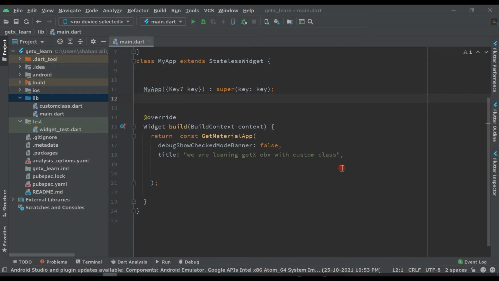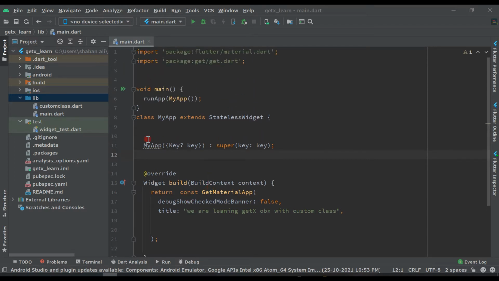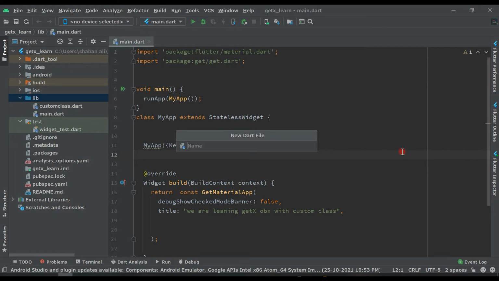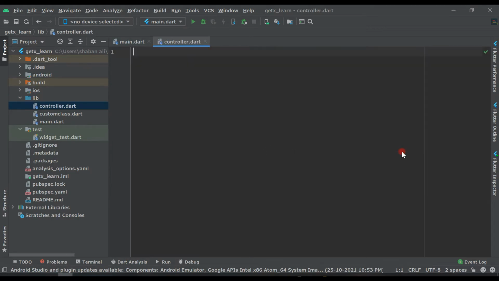So now in this video we are going to learn how we can use state manager with controller in GetX application. We will see how we can use GetX controller in state management. So for that we need one more file. So right click on lib, new file and say name controller. Press enter